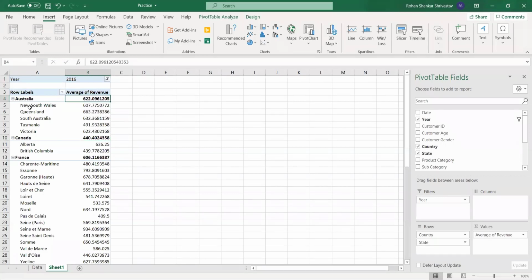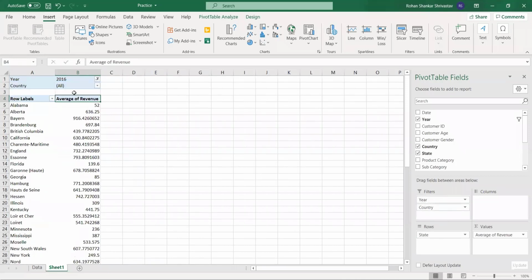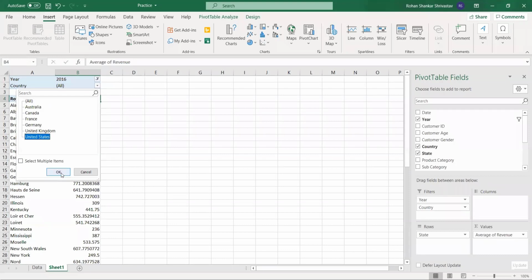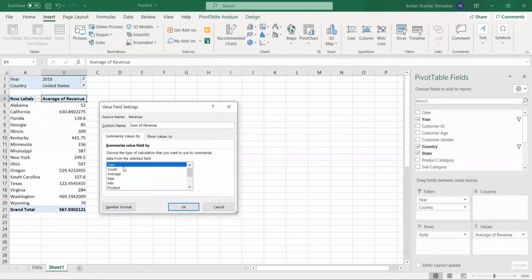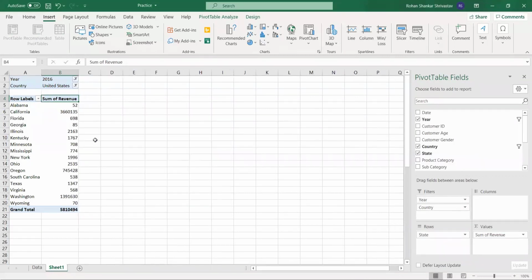This is the average revenue in 2016 for the state and the subsequent for the country. Also, we had asked only for the United States revenue. So we'll just shift the country from rows to filter, and the table becomes something like this. I just change the country to United States only. The filter changes, and I get it for all the states. Since we wanted the sum of revenue, I'll change this to sum. And we have the sum of all the revenue of 2016 in United States split by state-wise. Let me know if you guys follow this.